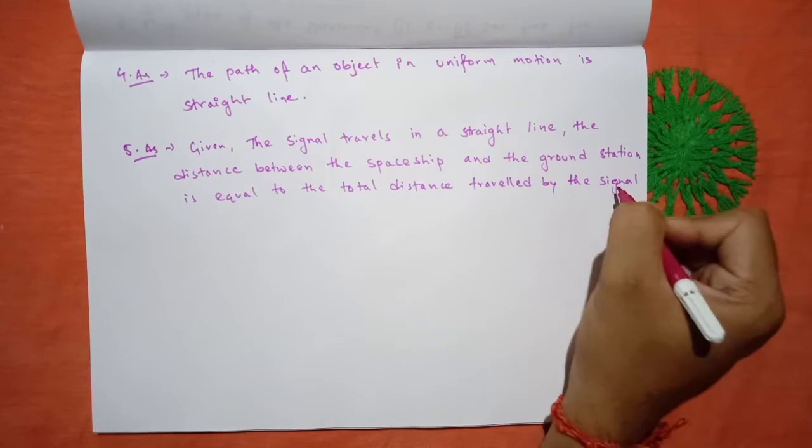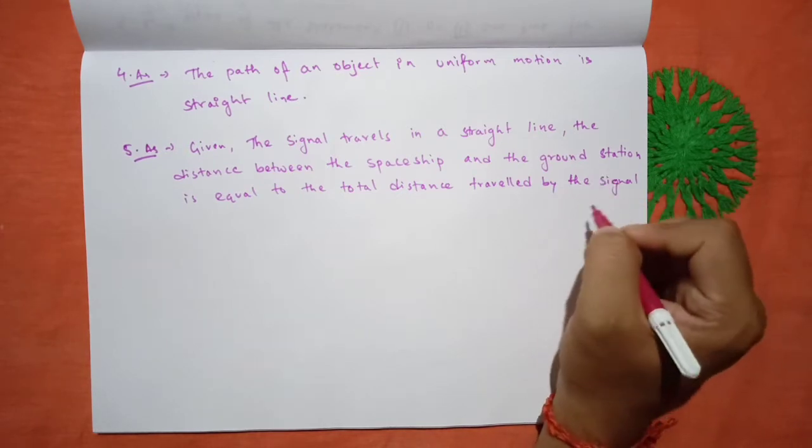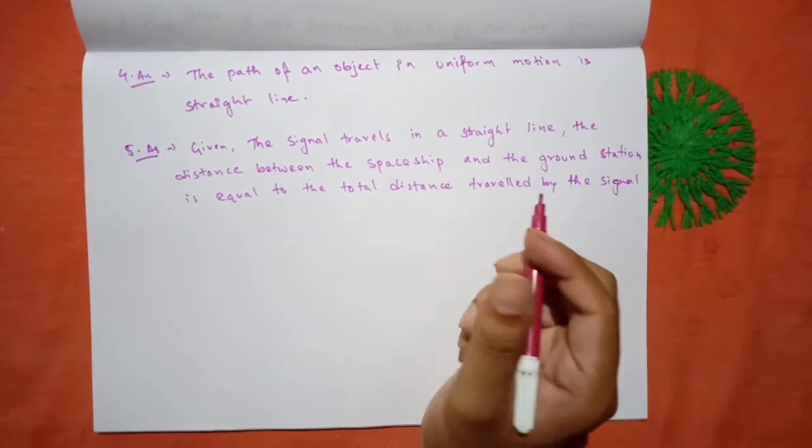Okay, the total distance traveled by the signal is equal to the distance between the spaceship and